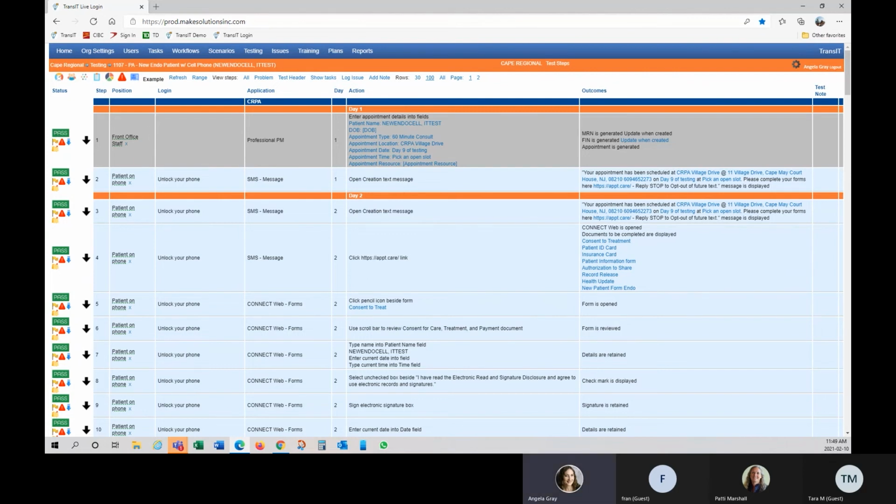So when I want to start executing my steps, I can use the icons that are along the left-hand side here. So once I have scheduled my patient, you can see right here it says MRN is generated, update when created, FIN is generated, update when created. So if I am the front office staff and I have scheduled my patient for their appointment, I can jot down what the MRN and the FIN number is. And once I have that information, I can then click test header here